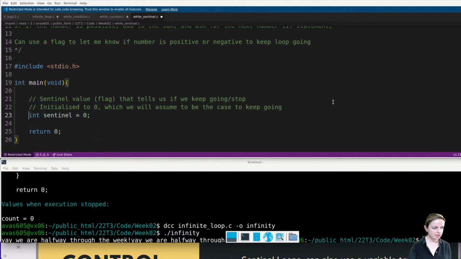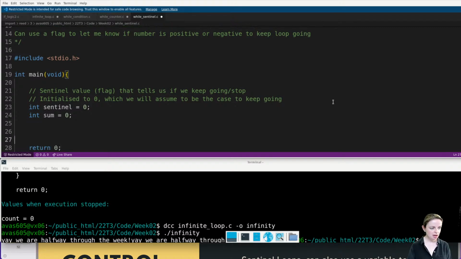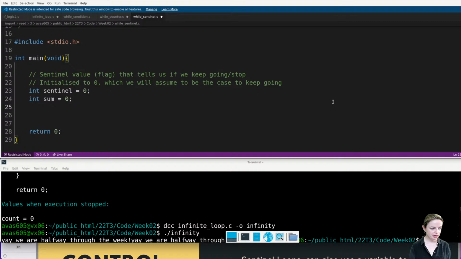Okay, and because we're adding things, we're going to need to keep track of the sum. So I'm going to initialize the sum as well. That's what we're going to keep adding to. And so now let's create our while loop. Okay, so we've got our loop control variable. This Sentinel here is the flag that we're using to control our loop. So I'm going to say whilst